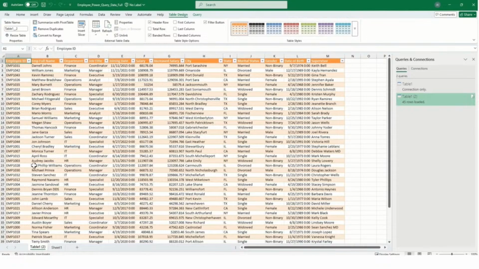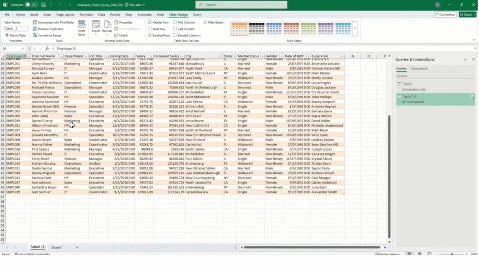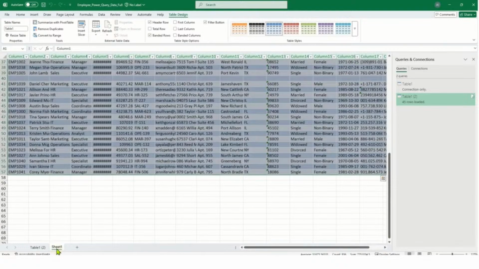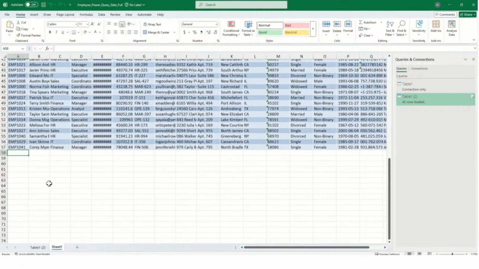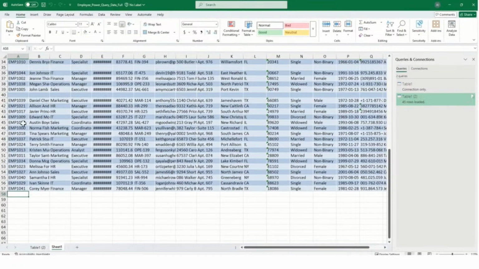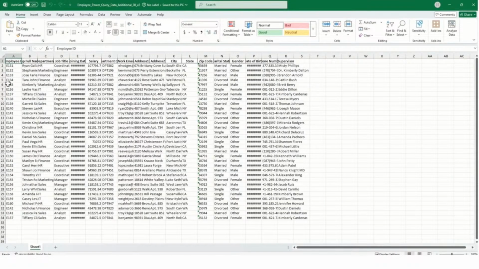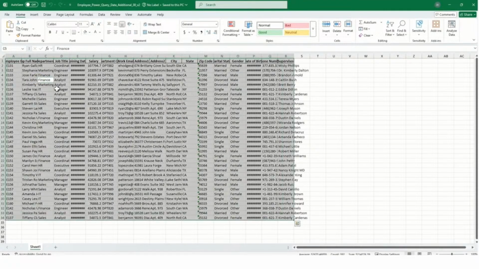अब जैसे कि मैंने आपको वीडियो के स्टार्ट में बताया था कि पावर क्वेरी का यूज करके हम सारे एक्शंस परफॉर्म करेंगे और उसके बाद हमें सिर्फ रिफ्रेश ही करना होता है। तो चलिए देखते हैं कि वो कैसे करते हैं। इसके लिए हमें अपनी ओरिजिनल शीट में एक्स्ट्रा डेटा डालना होगा। मेरे पास एक दूसरी एक्सेल फाइल है जिसमें एक्स्ट्रा डेटा है। ये देखिए, इस एक्सेल फाइल में कुछ एक्स्ट्रा रिकॉर्ड अवेलेबल हैं। अब मैं इन्हें कॉपी कर लूंगा।